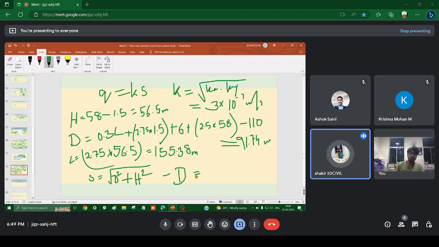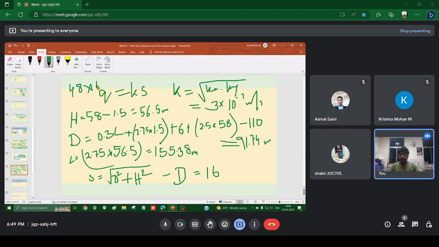So this is root of D square plus H square, minus D. What is the value of S? 16. Very good. 16 is the focal distance. Now you put over here, you have S, you have K. 16 into 3, how much? 48, right? So Q will be equals to 48 into 10 to the power